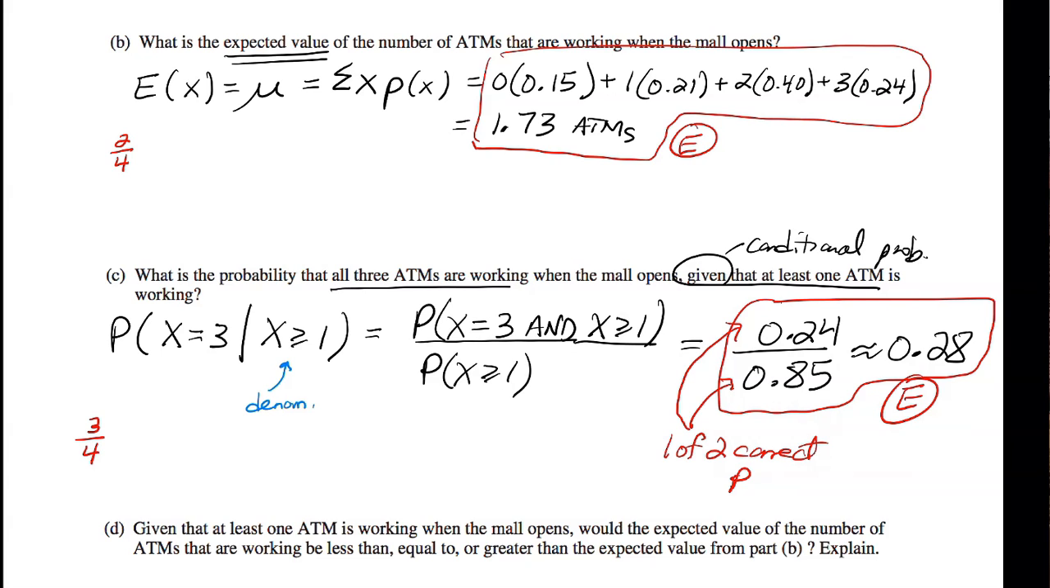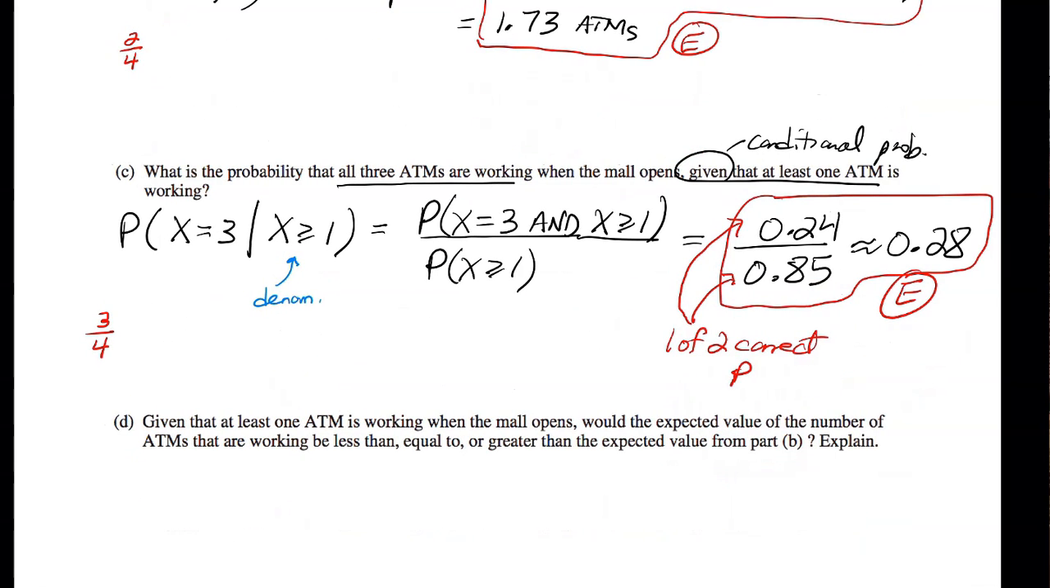Five-tastic? Fantastic. The last question was the question that was most difficult for students, and that's pretty common on questions just in general on the AP exam. Usually later parts are more challenging. It says, given at least one is working, that sounds kind of like part C that we just answered, would the expected value of the number of ATMs working be less than, equal to, or greater than the expected value